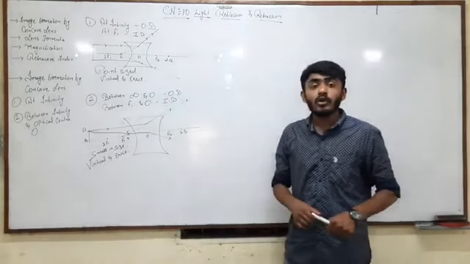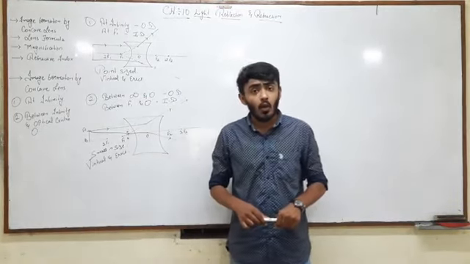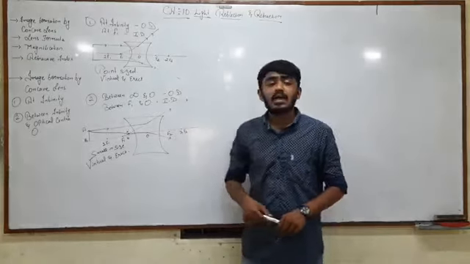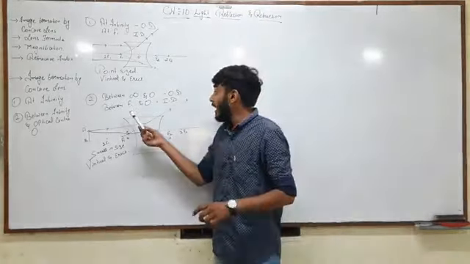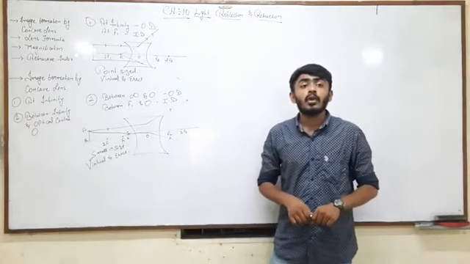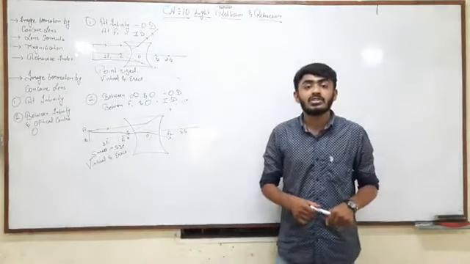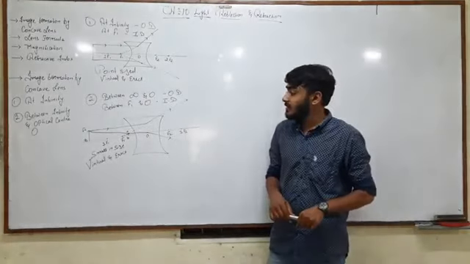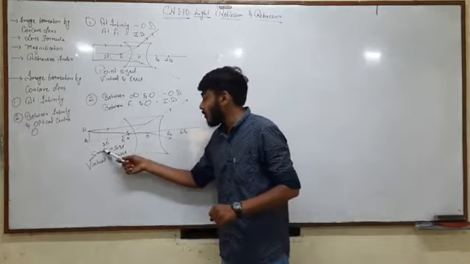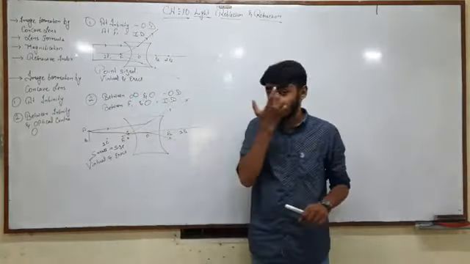The second one was if the object distance was kept between infinity and the optical center O, that is your object distance, then the image will be found between focus and optical center. That will be your image distance. And that will also be small in size, virtual and erect, but not point size. It was point size over there.